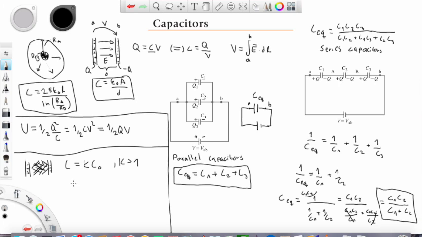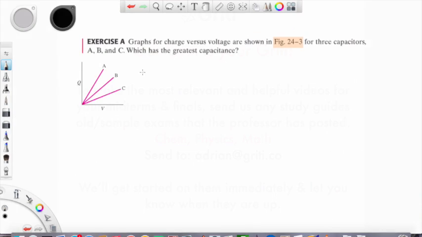That was the 101 of capacitors, and next let's do some example exercises to apply this knowledge. In the first